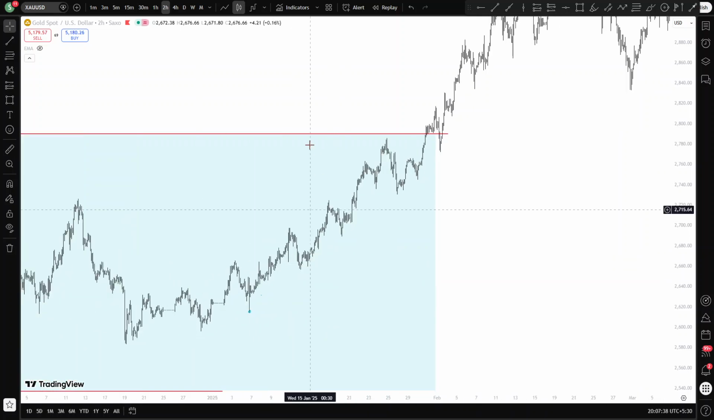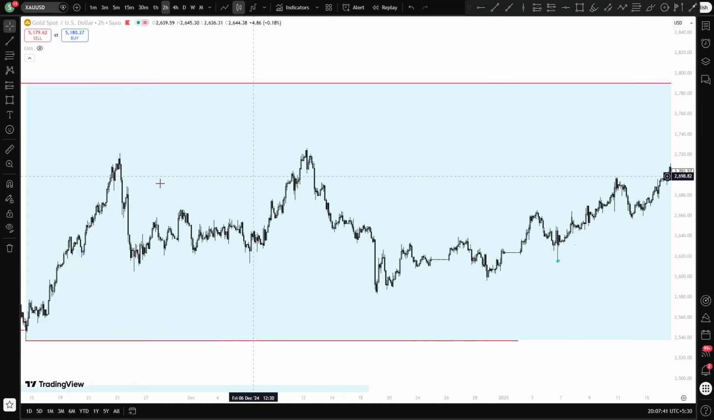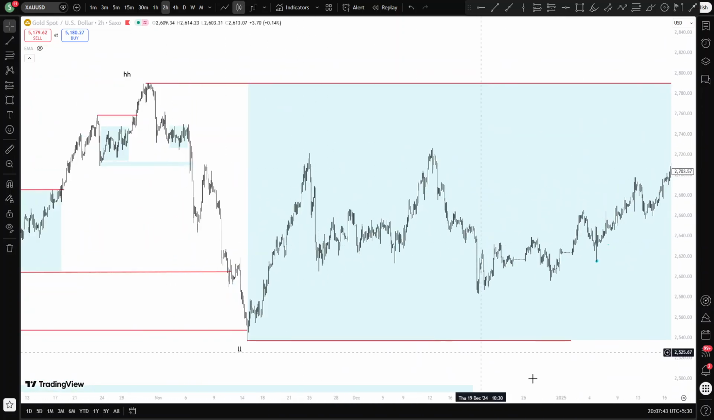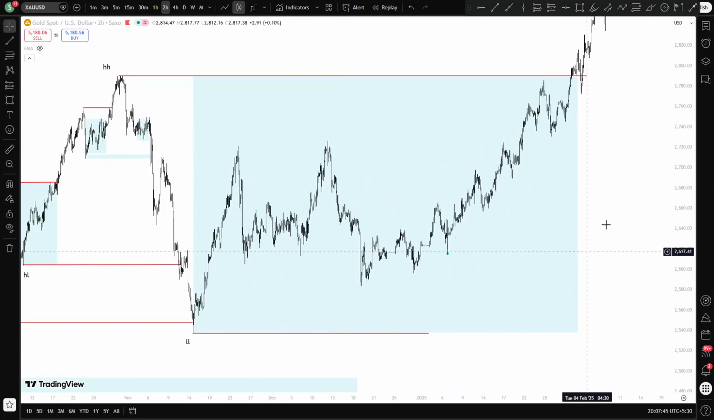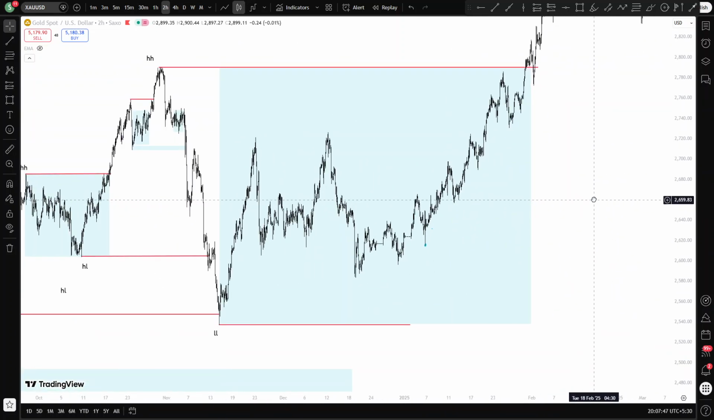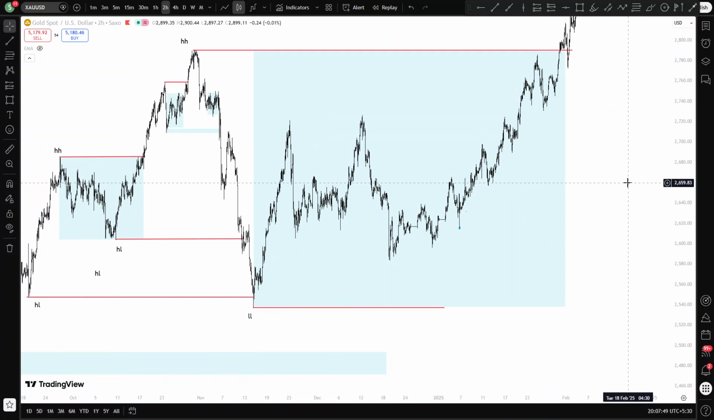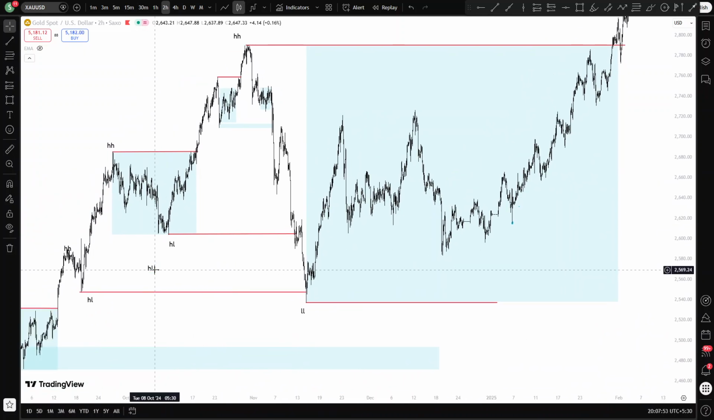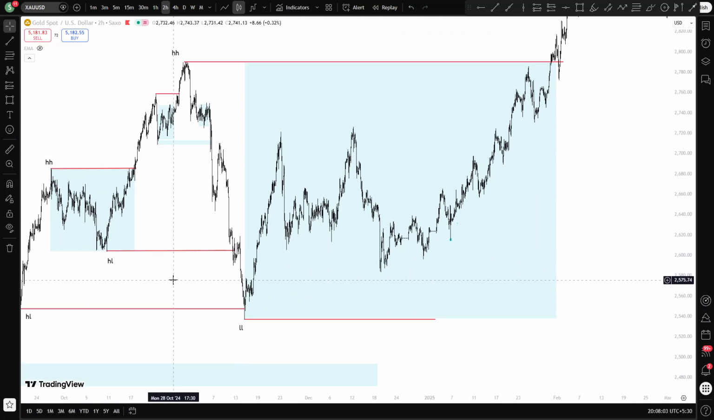Everything here is your internal structure. Everything inside here is your internal structure. But remember that we said we needed to take out this liquidity here. This liquidity was supposed to be taken, and this liquidity also was supposed to be taken, which means we know